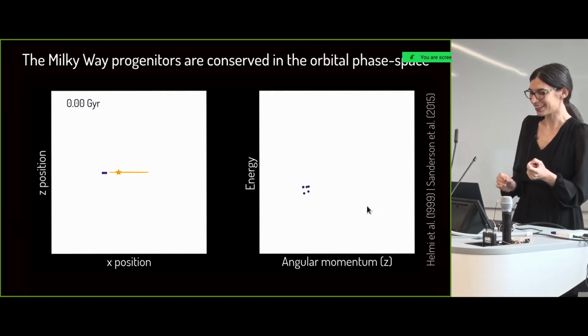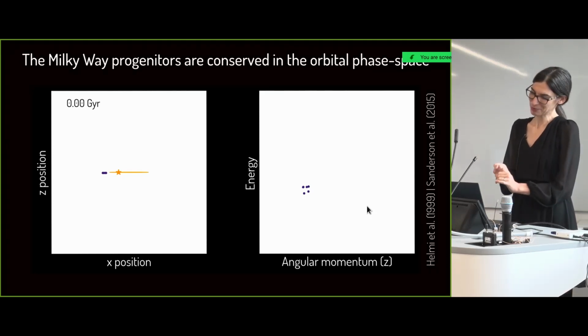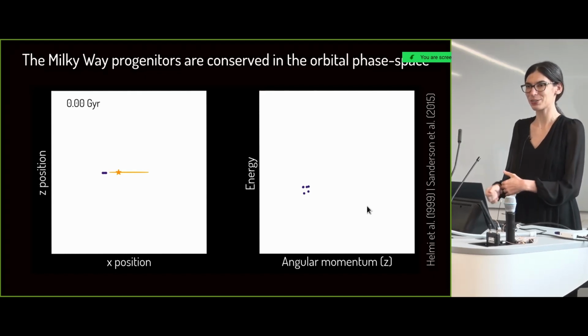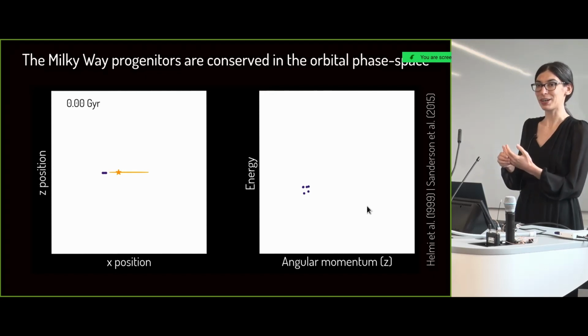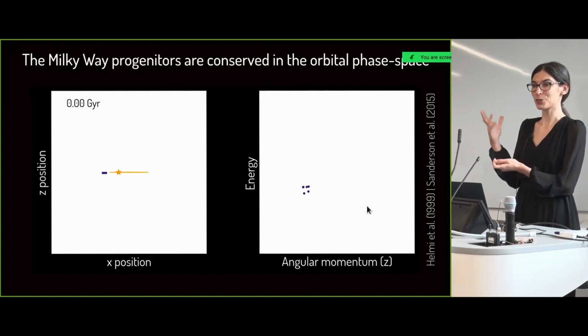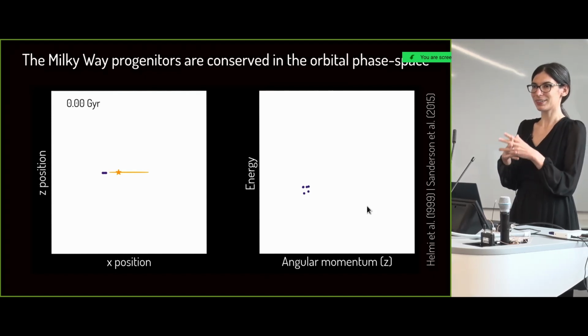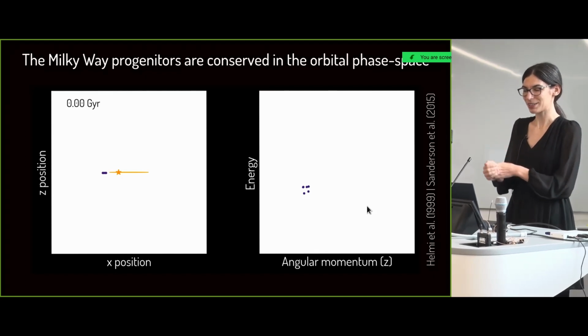And so to move in that direction, I will here visualize actually a beautiful idea suggested more than 20 years ago by Amina Helmi of finding very old merger events in the Milky Way or any galaxy by not looking at the observed coordinates, but actually in the phase space.